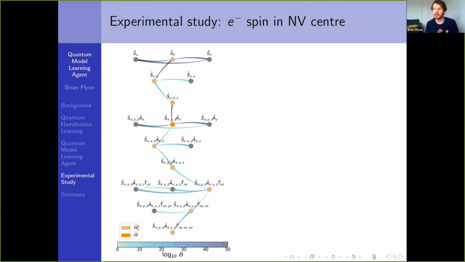Oh, absolutely. Another thing I swept under the rug is that the QHL protocol that we rely on is in charge of designing the experiments that it runs. So the rate that it learns at, that it converges the parameters at, it's in charge of deciding the next experiment so that it can maximize the information it gains. For instance, if you've got quite complicated dynamics and a large amount of uncertainty in your parameters, you're probably not going to be able to predict t equal to 100 microseconds off the bat, because you'll probably be way too wrong in too many respects. So when you've got a high level of